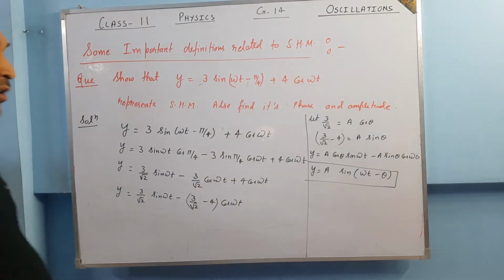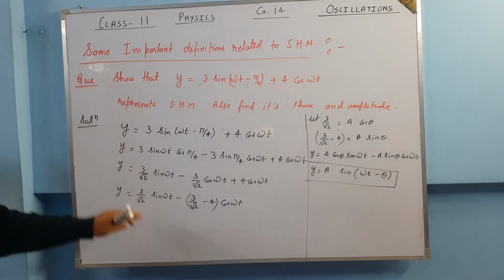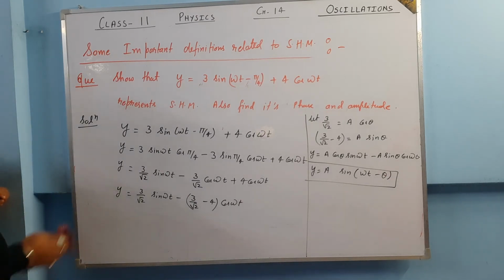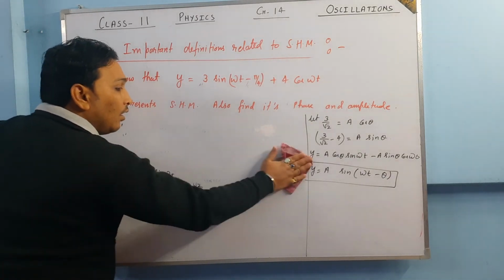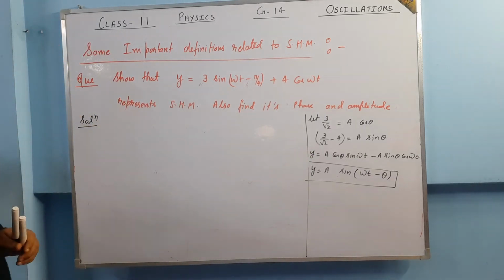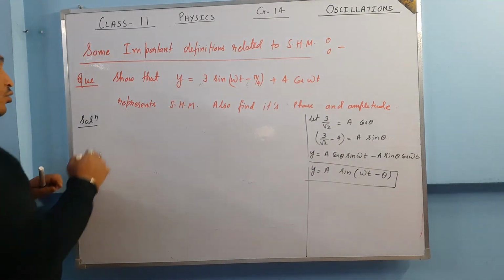How this capital A has to be calculated, so how we are going to calculate it. This is a solution simply, you can take a screenshot. I'm going to remove that. Now how that A has to be calculated, just see. Just square these equations and add them.